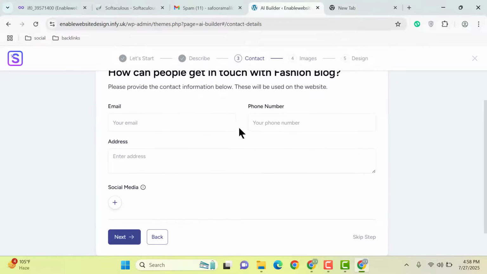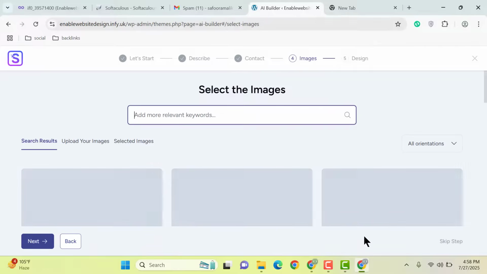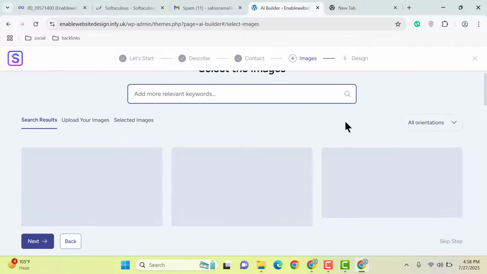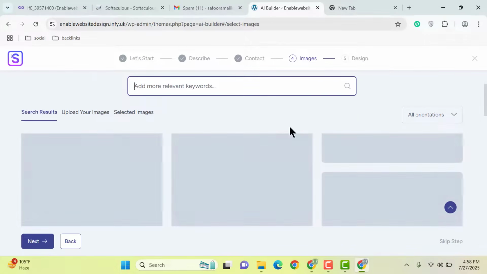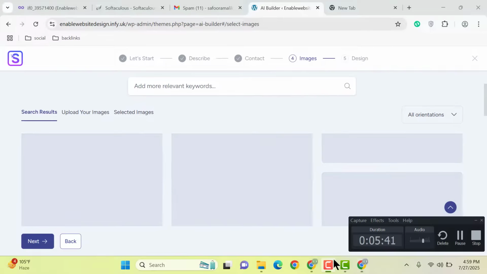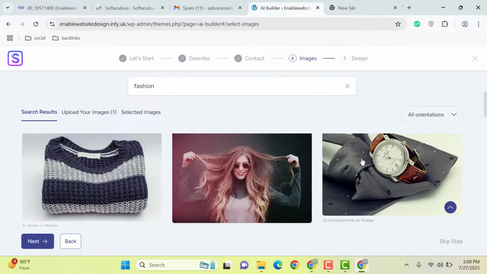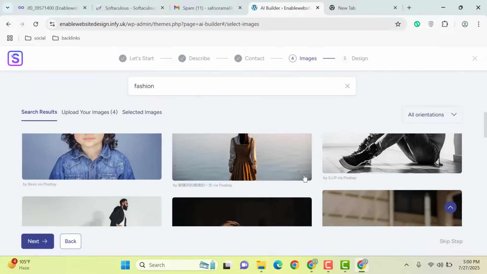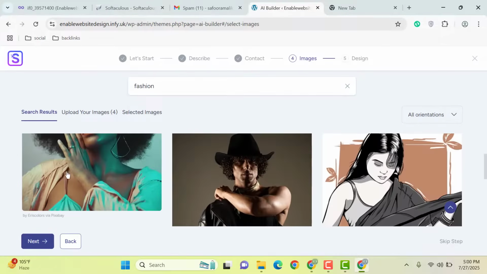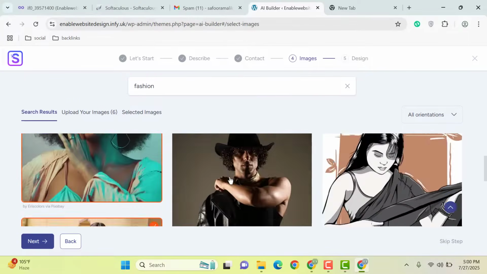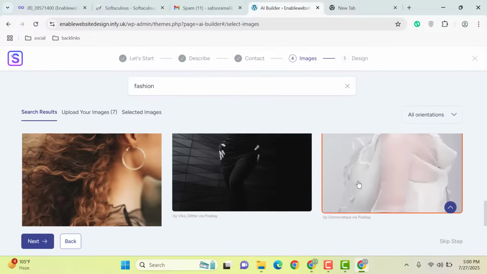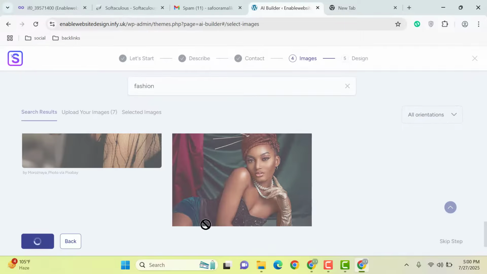and here you can add your email, phone number and address. You can also add your social media accounts. Then click on skip step, and here you will get some images. So you need to select few images, and now you can select these different images, and let me scroll down. So after selecting images, you can click on next button,